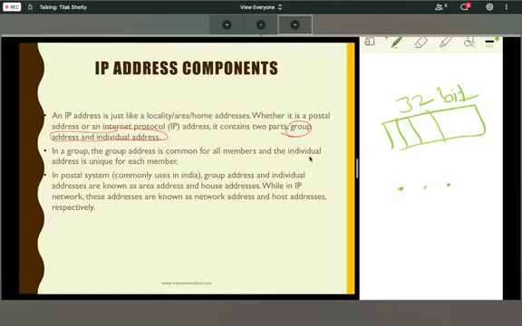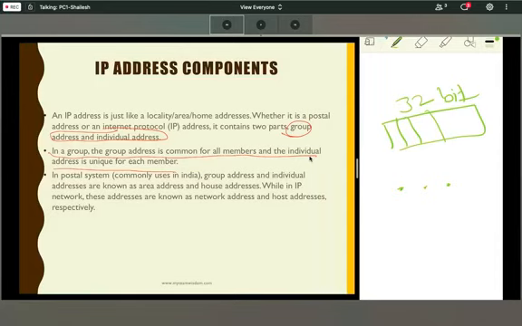In a group, the group address is common for all the members, and the individual address is unique for each member. Group number is same, building number is same, but the house number, the door number will be separate and unique for every person.